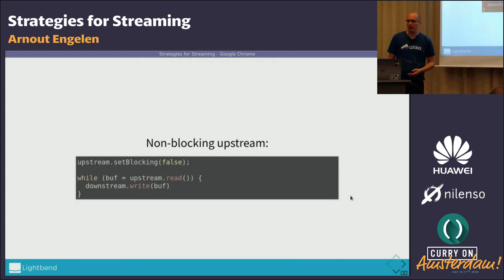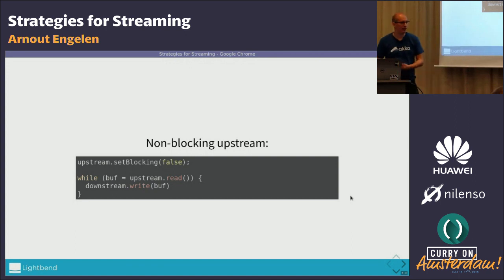Most APIs, you can just flick a switch and say, okay, we don't want blocking. We're doing this to the upstream now. What this means in most APIs is that instead of waiting for data to be available, the read call just returns immediately with whatever data is in the buffer. If it's nothing, you get nothing.